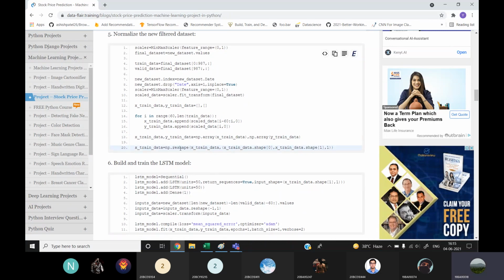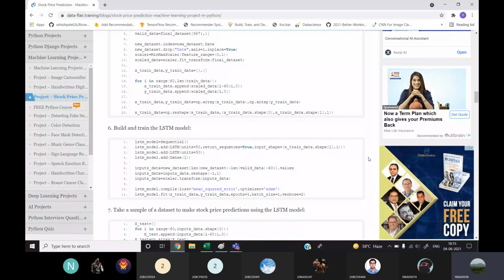Now we'll be reshaping it to the shape of xtrain data comma all of this, which we need because, since we need to feed it to the neural network, it needs to have a certain shape, and that is what we are doing.